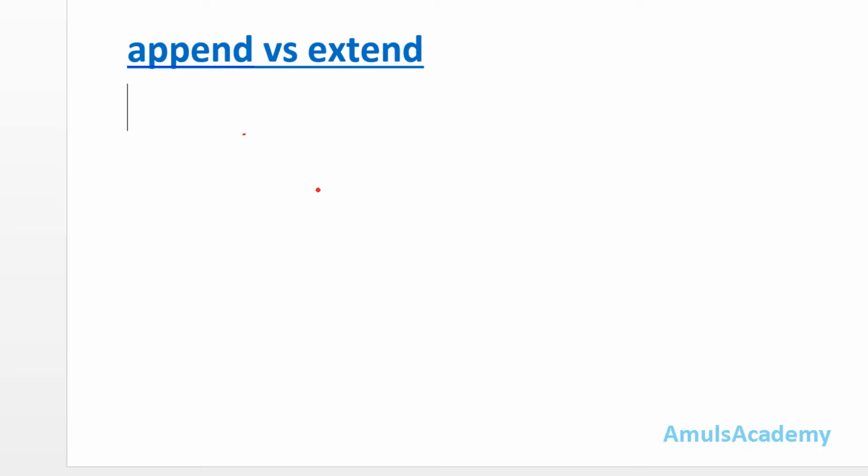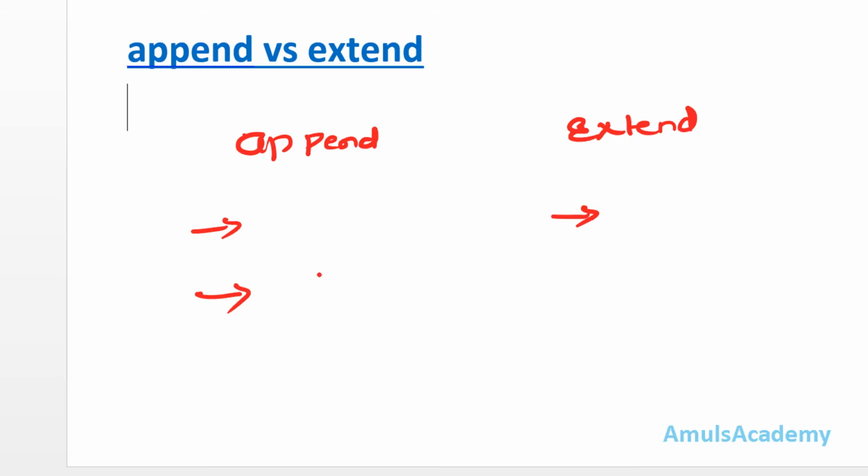If you want to sum it up, then we can say in the append we'll add a single element at the end of the list, but in the extend we'll append all the elements of the iterables, right? Here we can add any list, string or any number to the list, but here we can only add the elements of iterables, right? We tried to extend the list using 10, we got an error, right?